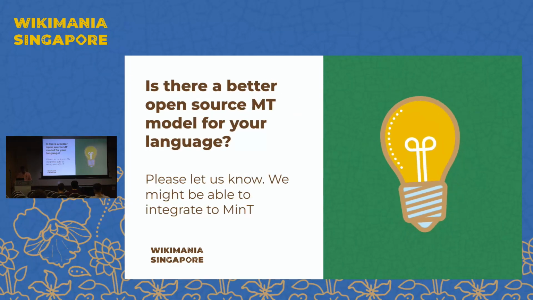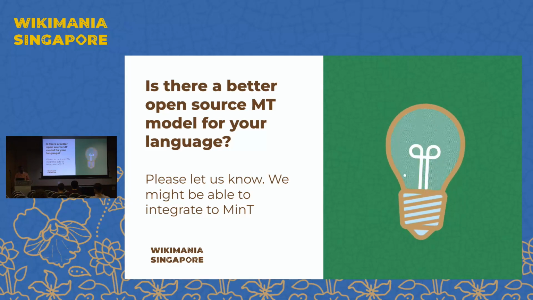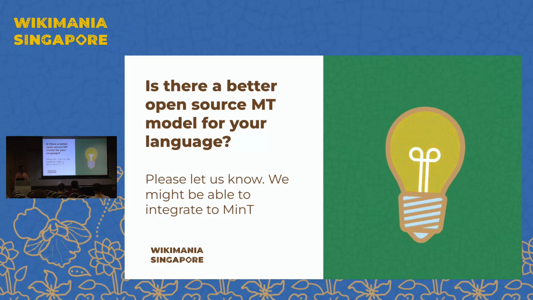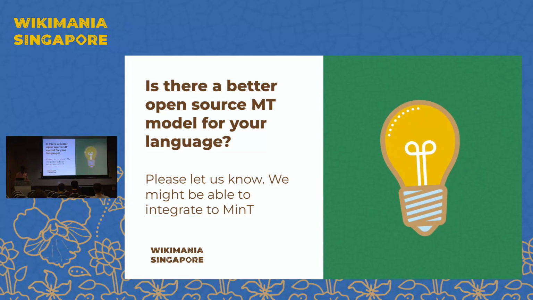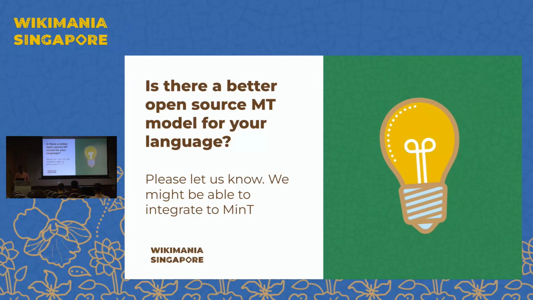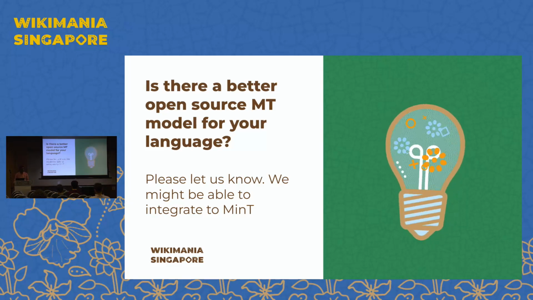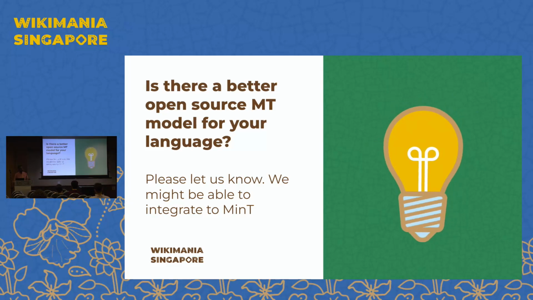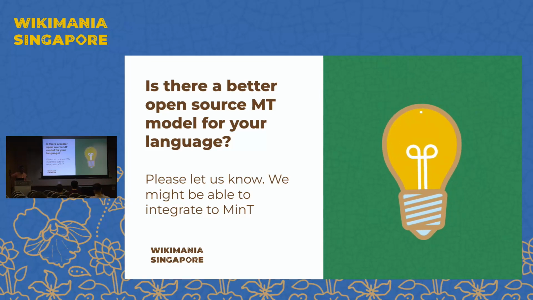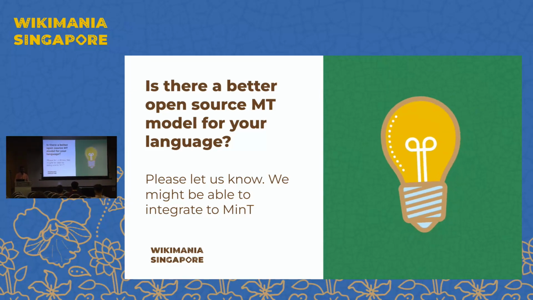Then another thing is this idea of 198 languages. It was possible because we collected various open source neural machine translation engine models and provided them as a single API host. But there might be languages, we have 320 languages. So 198 is low, we have more languages to cover. So if you know some machine translation models that are good for your language, let us know. We might be able to integrate them, and we might be able to help more people with that service, and we can enhance this from 198 to 320. That's our ultimate aim, supporting machine translation for all the languages.